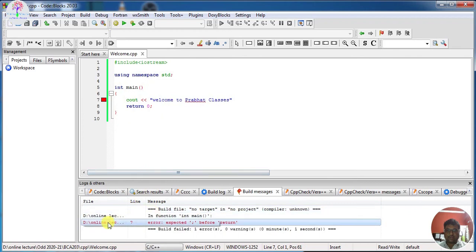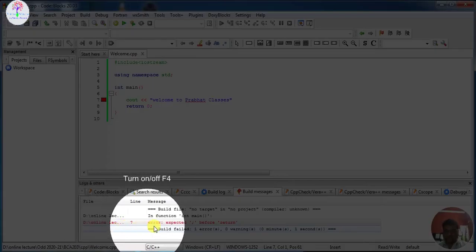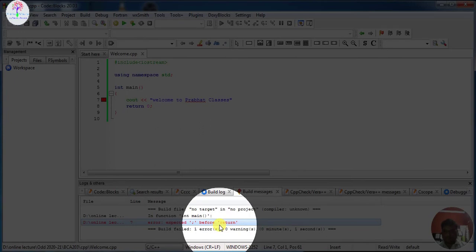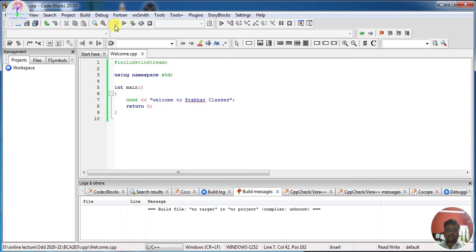Here you can see line number 7, error: expected semicolon before return. It is telling that before the return you forgot to put the semicolon. I will put it again and compile it. Okay, here you can see 0 errors, 0 warnings is coming there.